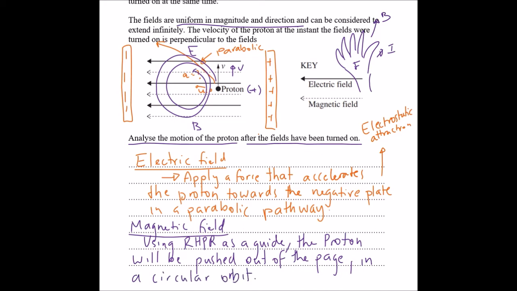And you might think that's it, but there's actually one more thing. Remember, we are constantly changing the direction of the charged particle. So if we constantly change the direction, we are effectively accelerating